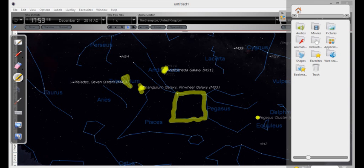But if, like me, you're stuck in the light polluted suburbs, then nip over to this one here, the Pleiades. Always well worth a look, the Pleiades. You can see it as a little smudge with the naked eye. A pair of binoculars shows it up well, and what that is, is a star cluster that's been left over